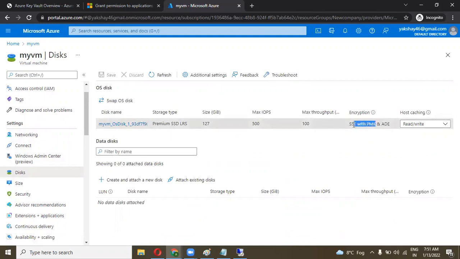PMK is fine for the encryption, but if we want more encryption, we apply ADE. It takes time also, depending on the disk size. Got it? And it is hard to recover data from the encrypted disk. It takes time, and